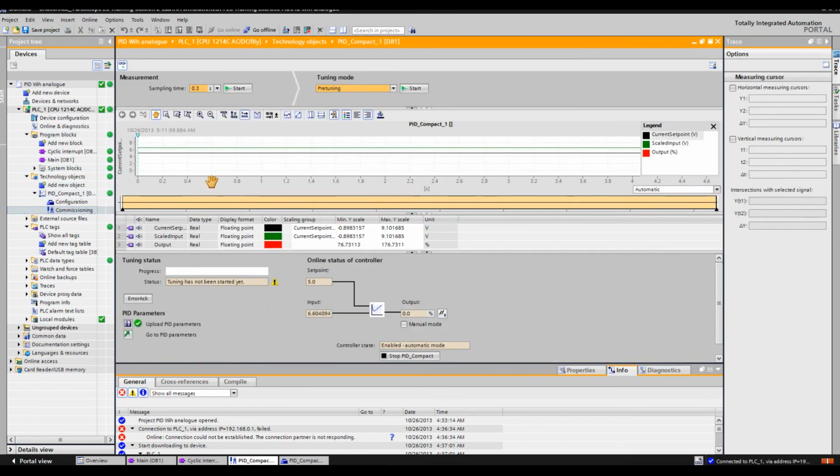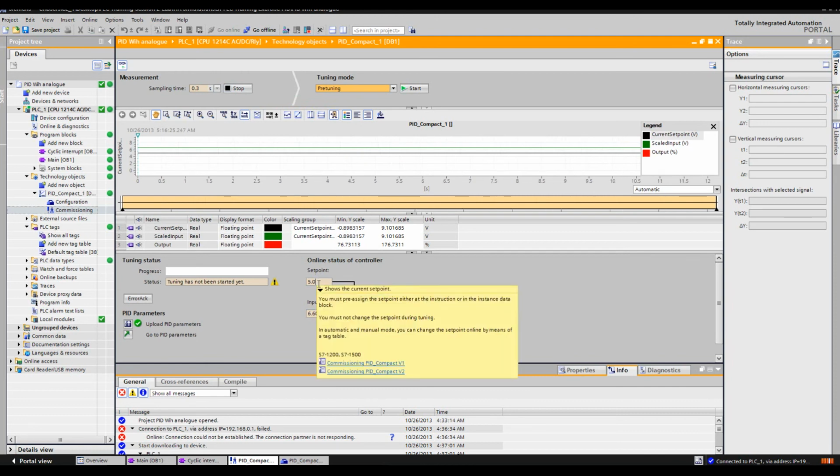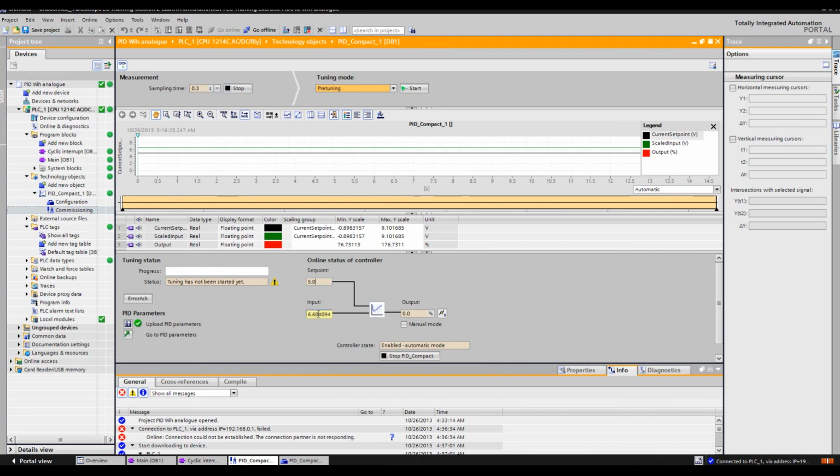In the commissioning, we will start here, the start button. Now it will get started. PID controller has been started. Its set point is given as 5, and here we have the input 6.6 volt. We see that the set point is lower than the input value, so the controller output will not be generated. So if I